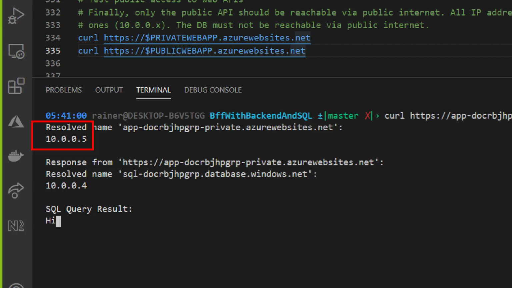And the private web API accesses the database, here you see the database name, again through a private IP address, and the SQL statement still works. So I showed you here with this single curl statement the entire chain from the public web API accessing the private web API, accessing the database, and only the public web API, which should be publicly available, is publicly available.